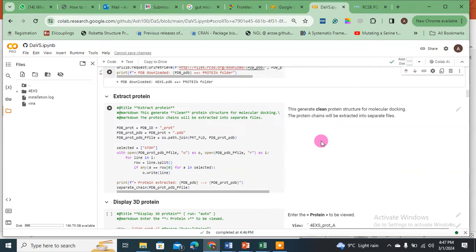Sometimes proteins come with symmetric structures. By symmetric I mean dimer, trimer, for easy understanding. Or simply, you will expect one chain, but once you download it from the PDB, you will see 2, 3 or 4 different chains of the same protein or mirror images. In that case, we will generate a clean protein structure for molecular docking, and the protein chains will be extracted into separate files. So click here